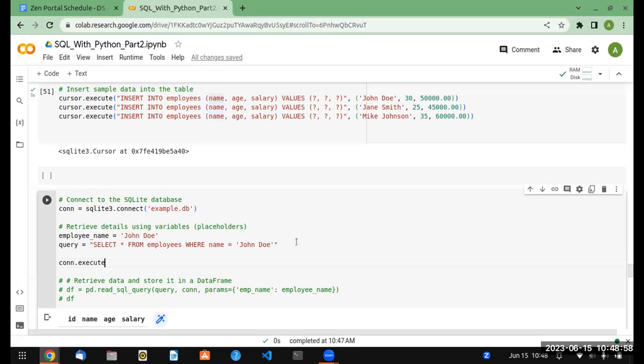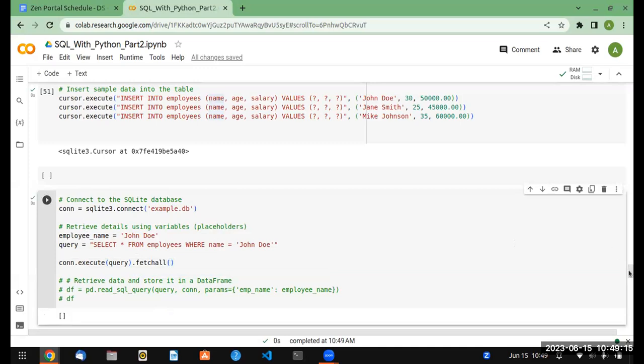Yeah, execute query. Try to debug it. What is the problem? This is a query that needs to be executed, right? Yeah. And after executing this query, what do I need to do? But we can write it like that also, right? Select name equal to John Doe where